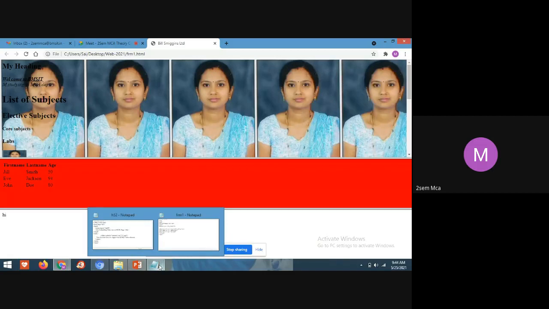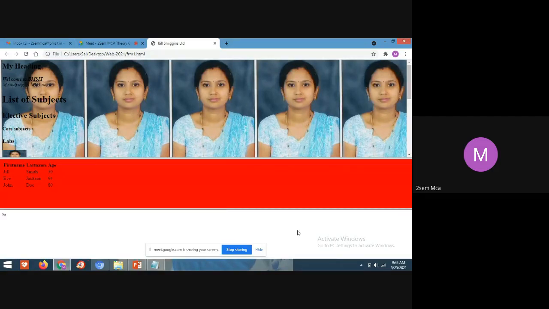In the lab I'll explain once again the procedure: how to begin and start an HTML program, how to run it, and which browser to select.